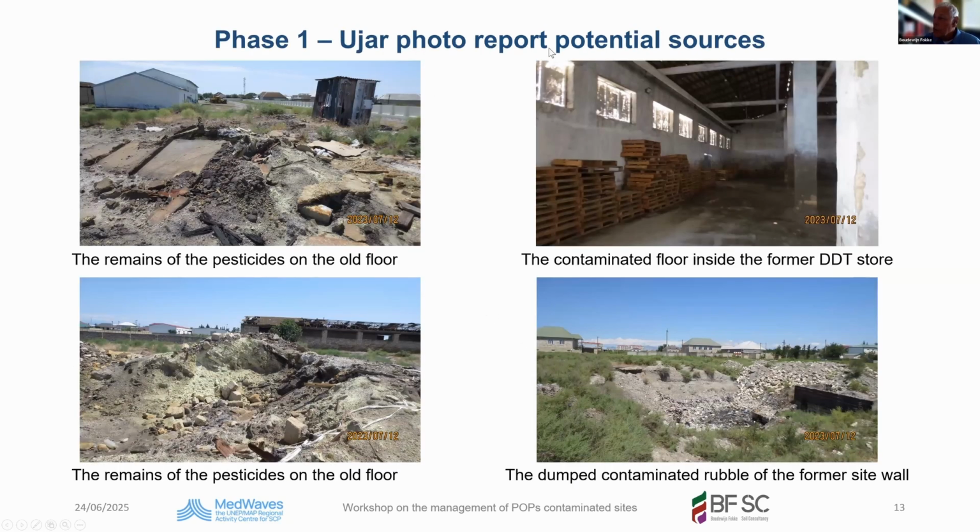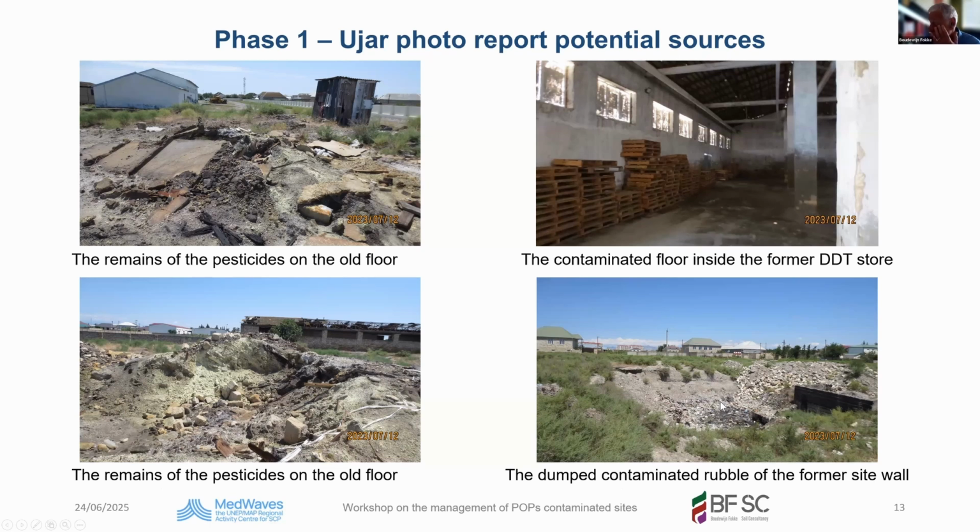This is a photo report of the Ujar site, and this is the photo report of the potential sources. Potential source 1, remains of pesticides on an old floor. The walls and the roofs are collapsed, so this is a source. Contaminated floors inside the former DDT store, floors and walls. This is a source. Here again, remains of pesticide on the floor, and this is dumped contaminated rubble from the